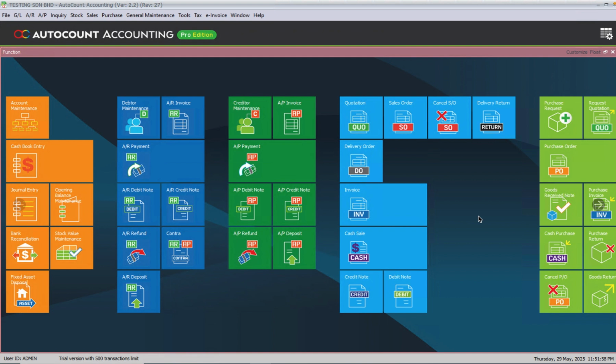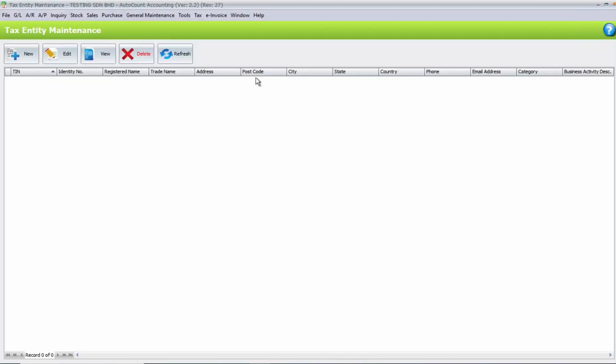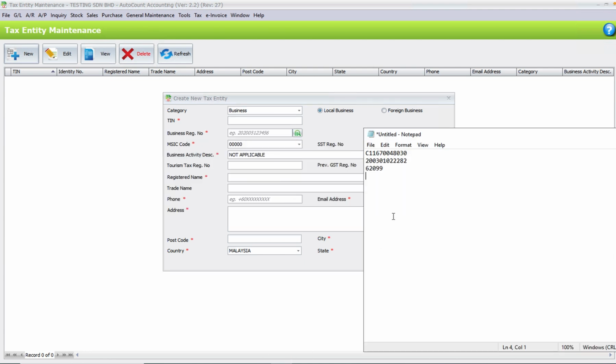Alright, so as per normal, first of all we must create the tax profile for your own individual company. To do that, you can come here to tax, and then tax entity maintenance. Okay, so first thing, you press new, you must select your business locale, and then you must key in your TIN number. So my TIN number would be here. I just copy here, I paste it here,